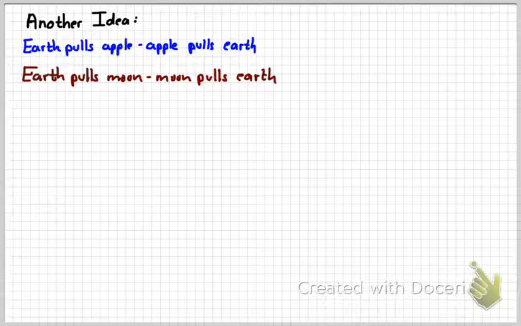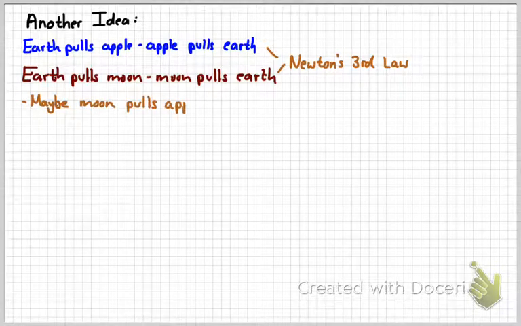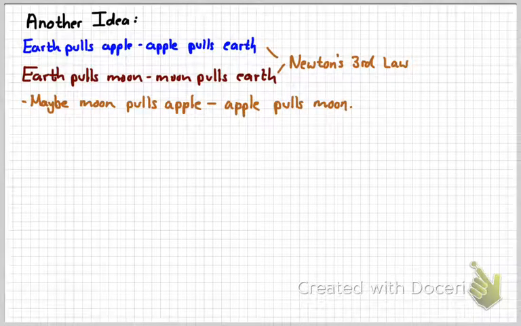So Newton took this one step farther. He said that since the Earth pulls the apple and the Earth pulls the moon, obviously by Newton's third law there has to be a reaction for it. So the Earth pulls an apple, the apple pulls the Earth, the Earth pulls the moon, the moon pulls the Earth. That's simply Newton's third law. Well, because all objects have to exert the same force back on the Earth, Newton's really big idea is that maybe this force exists between all objects.